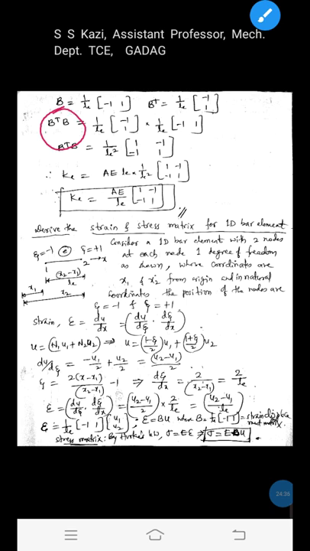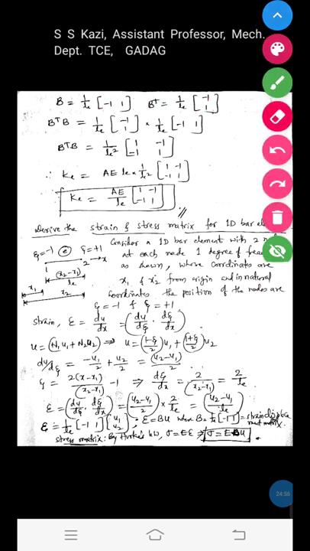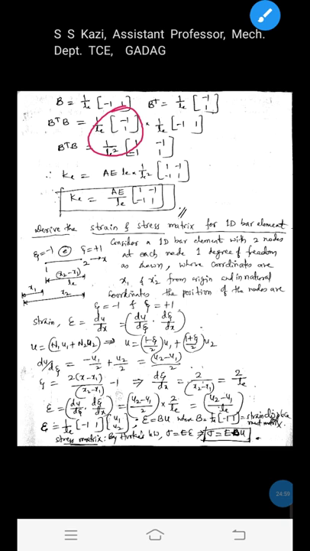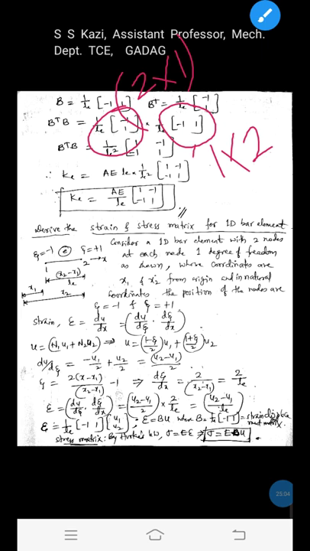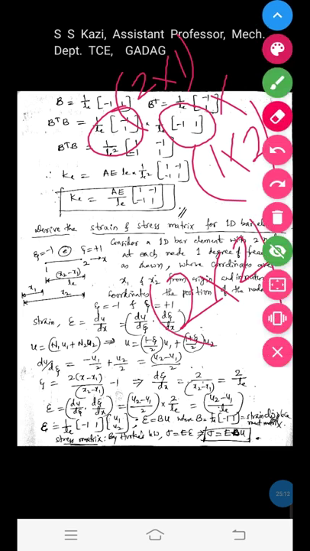Okay, how do you multiply it? We know that you write B transpose here, into B matrix. This is the B matrix. If you multiply these two matrices B transpose and B, we will get 1 by LE into 1 by LE, 1 by LE square. Since this matrix is having the order 2 cross 1 and this matrix is having the order 1 cross 2, if you multiply these two matrices, we will get the order of the matrix 2 cross 2. That is the resulting matrix we want.